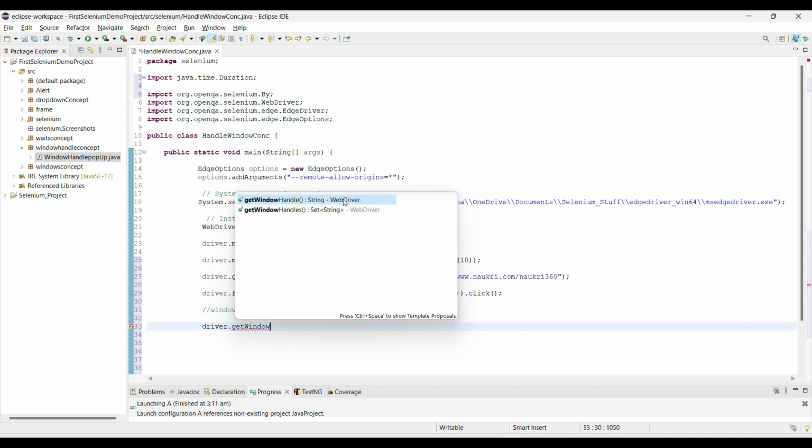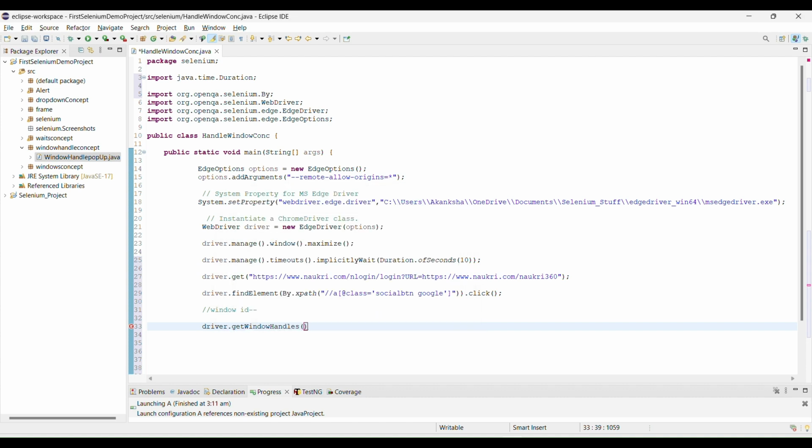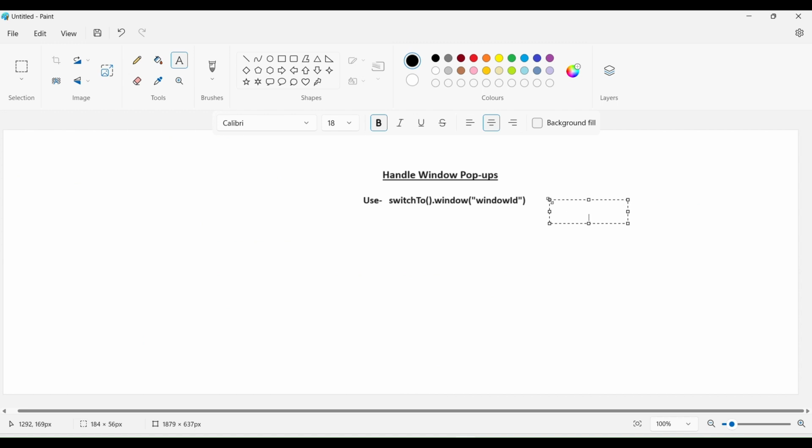So you can store it in a string value, right? But getWindowHandles will give you multiple window IDs. Right now we are checking two different windows, so we are going to use getWindowHandles. So simple, I want to mention here using getWindowHandle, and there is another method, getWindowHandles.